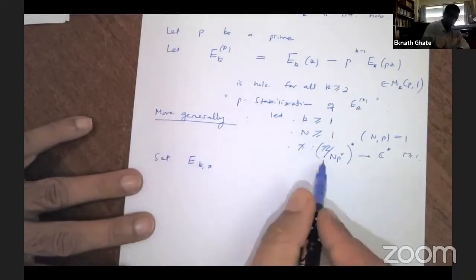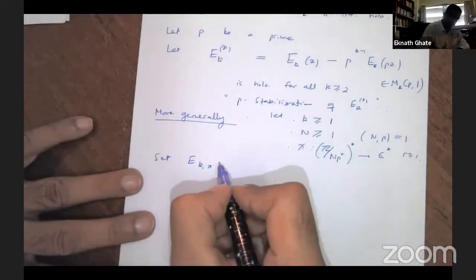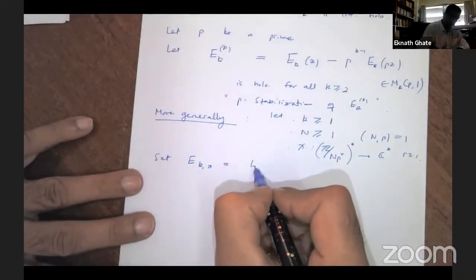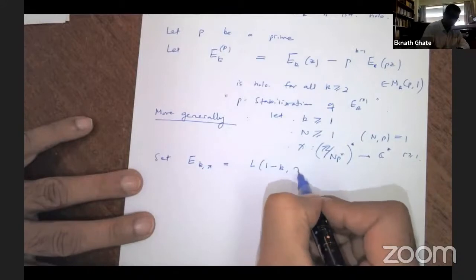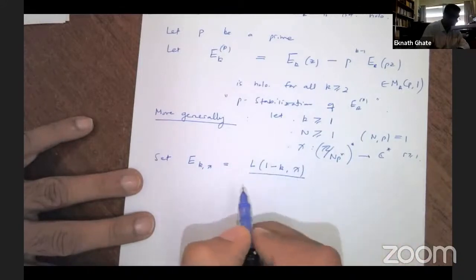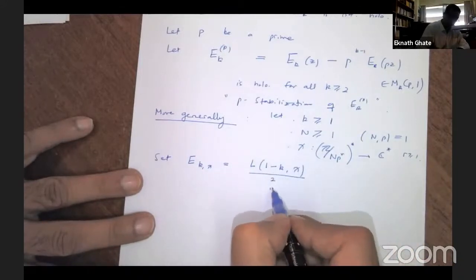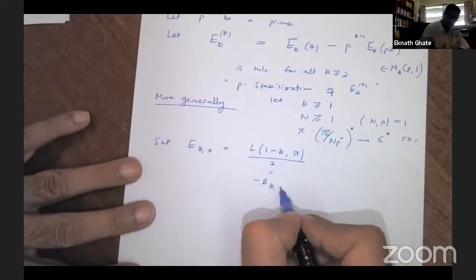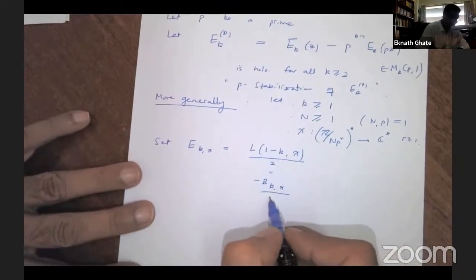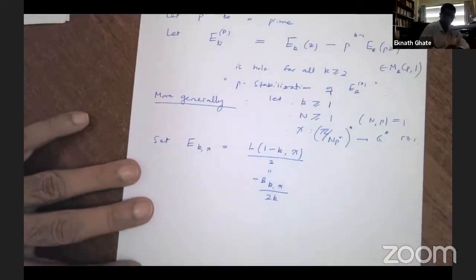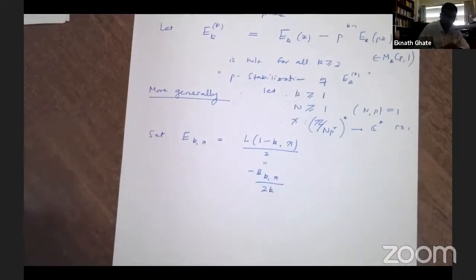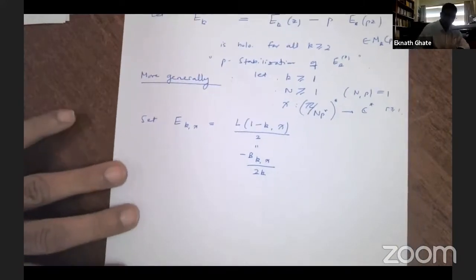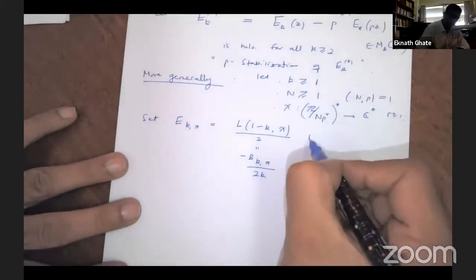E_k chi now. I've introduced this character chi, so this is a slightly more general Eisenstein series. You take the Dirichlet L-function attached to chi and evaluate it at 1 minus k. So if you don't like Dirichlet L-functions, though they came up in the last lecture, this is something very explicit again. It's a generalized Bernoulli number. I won't define it here, but it's very similar to the Bernoulli numbers that came up in the last lecture. So minus B_k,chi divided by 2k, and then the other